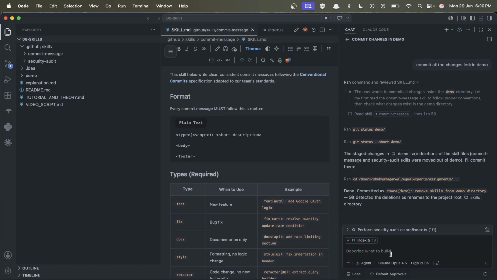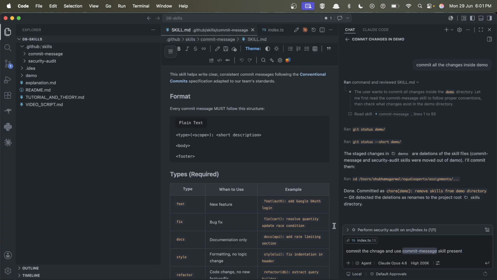You can also tell the Copilot to load a skill explicitly while performing a task. So instead of relying on the description to load the skill while performing a task, you can do something like this. For example, if I want my commit message skill to be used while committing, I can say: commit the changes and use commit message skill present. If you explicitly ask the Copilot to use the commit message skill, it will